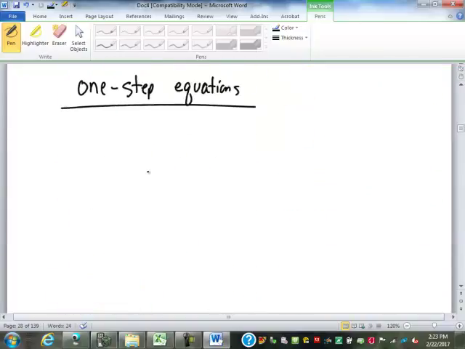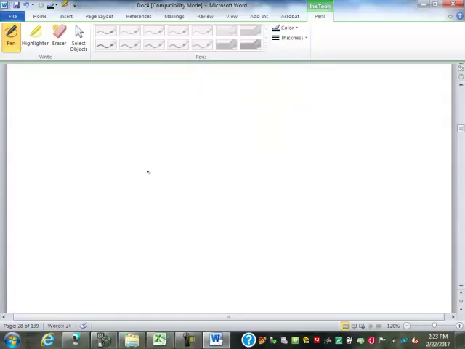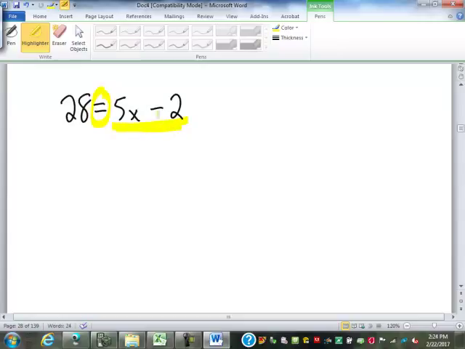Most equations are not that simple. So if we run into an equation like this, 5x minus 2 equals 28. We go through the steps, we find our equal sign right there. We identify where the variable is, it's on the right side. And what's keeping that variable from being alone? Well, there's the 5 and the 2. The 5 is attached to the x with what operation? Add, subtract, multiply, or divide? Multiplication. The 5 is multiplied. And the 2 is